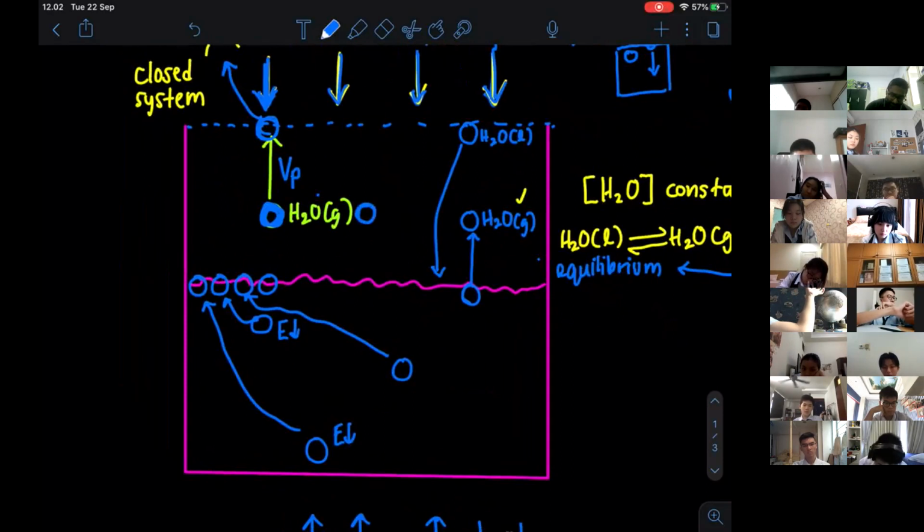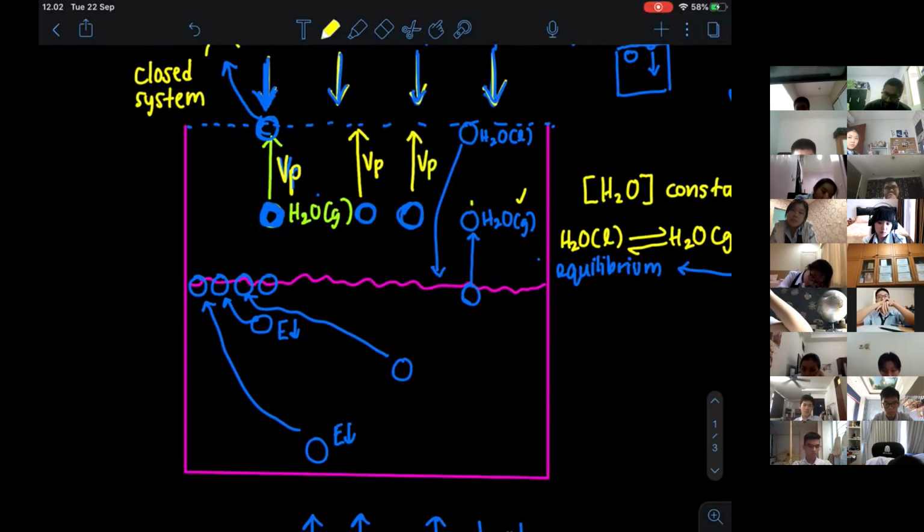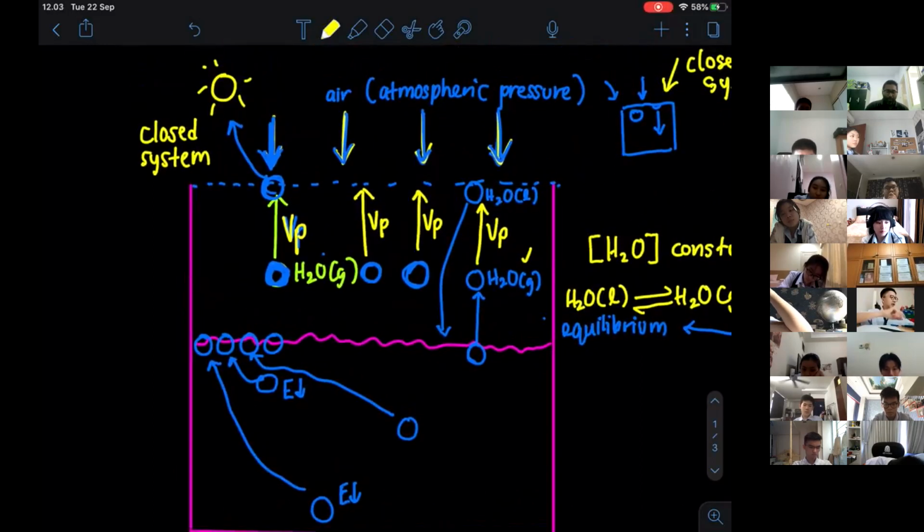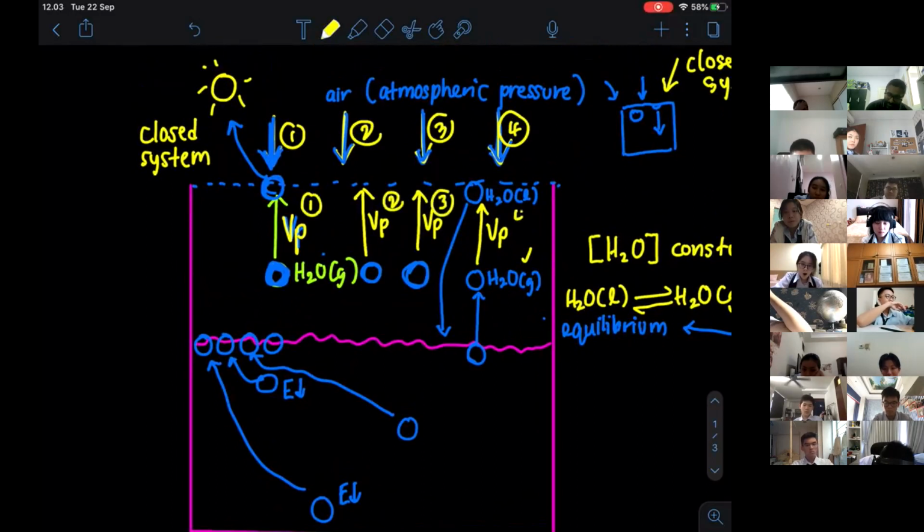When you heat up, more water molecules start to rise, and more water molecules are trying to exert the vapor pressure. So the vapor pressure will increase. The higher the temperature, the higher the vapor pressure, until, if you have an atmospheric pressure of 1, 2, 3, 4, you can see the vapor pressure is also 4. The moment the vapor pressure is equal to the atmospheric pressure,